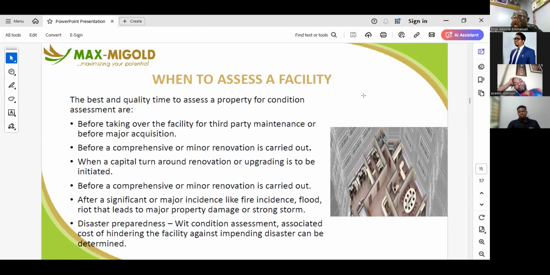With this, you can carry out an assessment to see if a storm of that magnitude occurs, can your facility stand it? If the answer is no, you need to find a means of getting that facility upgraded and reinforced